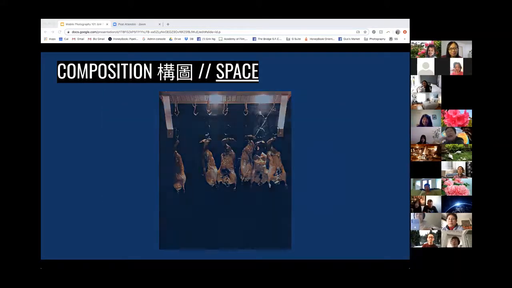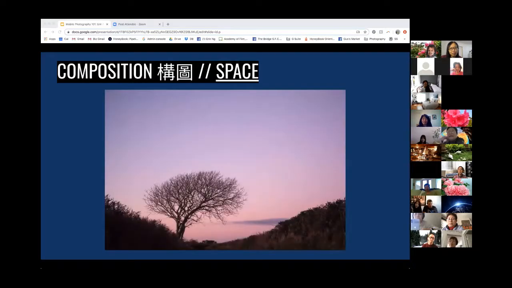An example of that is this picture of this tree. 又好似呢棵樹啦，呢個主體就係呢一棵好優美嘅樹啦。